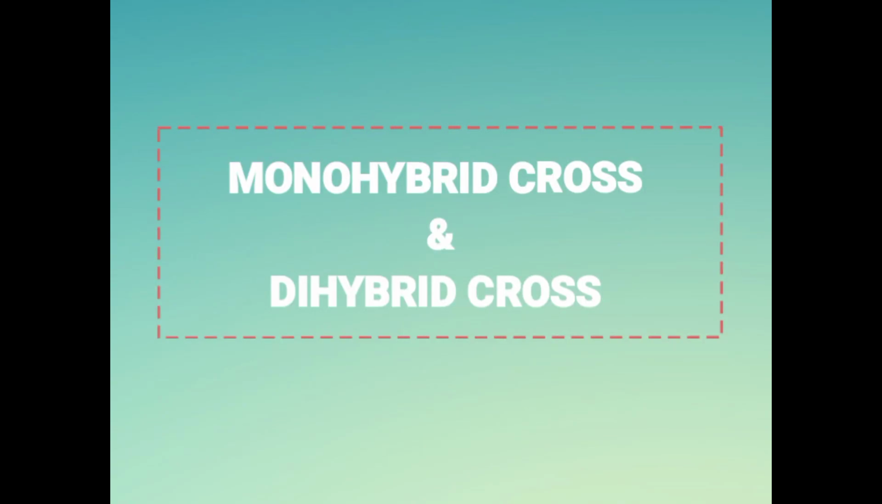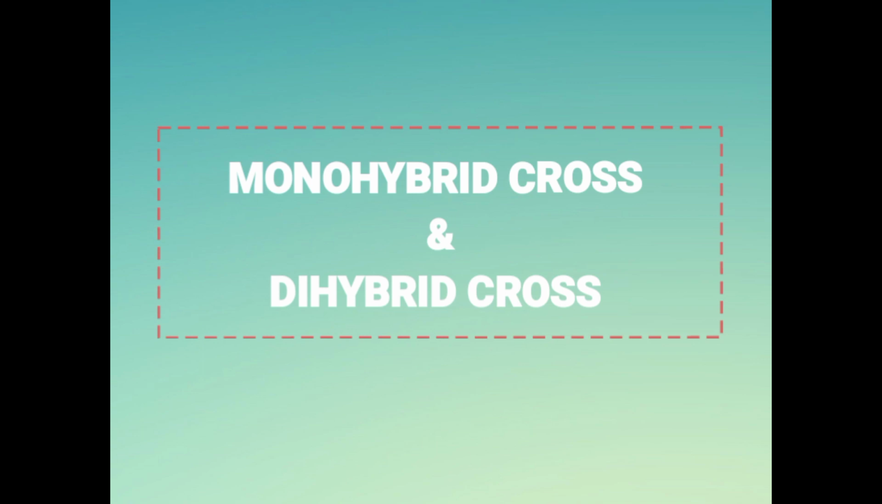So today we are going to see the monohybrid cross and the dihybrid cross. This is all related to the genetics chapter, or you may say the inheritance chapter. We are going to see these types of cross with reference to the pea plant that was used by Mendel